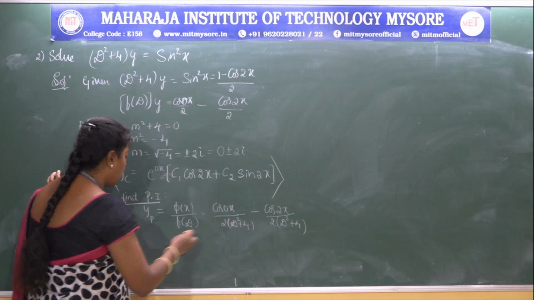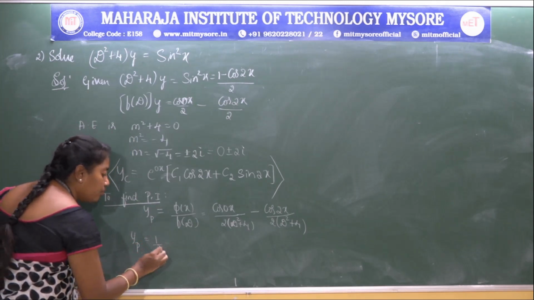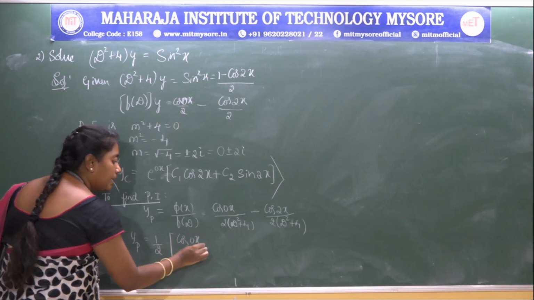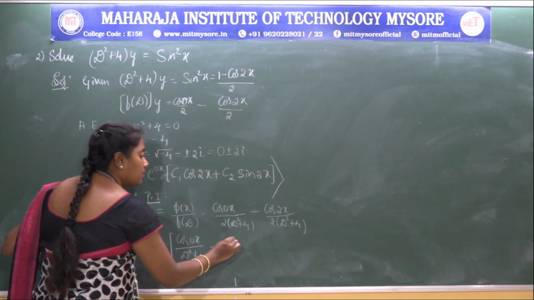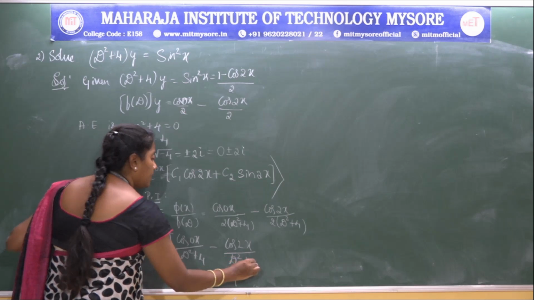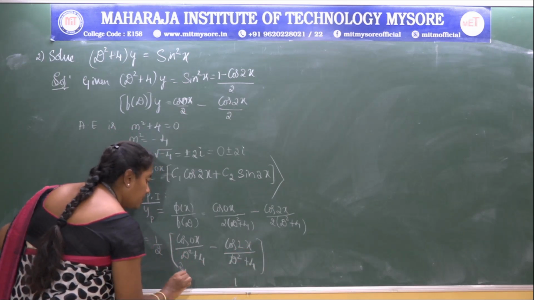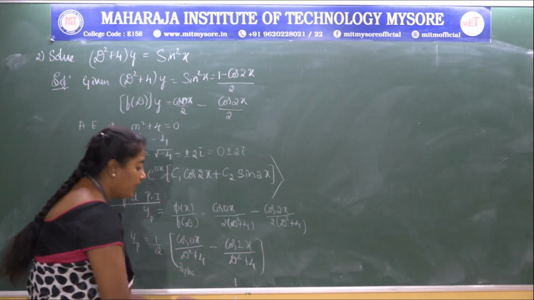Here 1 by 2 is common in both the elements, hence yp is equal to 1 over 2 of cos 0x by D square plus 4 minus cos 2x divided by D square plus 4. Here in the first term the constant term is 0, a is equal to 0, hence